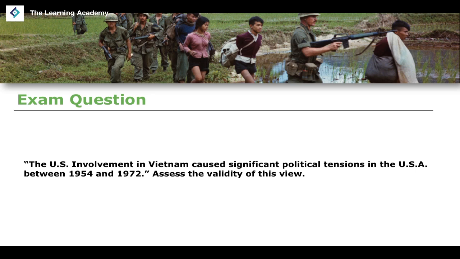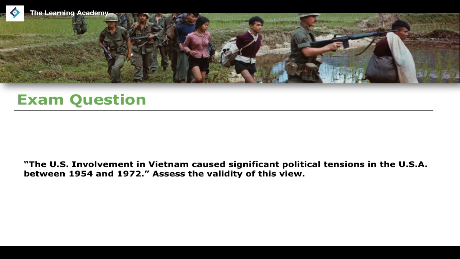Now, you should know about all of these different things. There's plenty of evidence you can argue for other factors that contributed to significant political tensions during this period. For example, you've obviously got the Nixon-Watergate scandal, and then especially you can talk about the decision by President Ford to pardon Nixon in September 1974. I know that's slightly out of the period that is stated in this question. This goes up to 1972, but obviously you can reference the pardoning of Nixon in 1974 as something that is a continuing act that takes place, and the whole Watergate affair is something that you can talk about, at least that's the very latter part of this period.